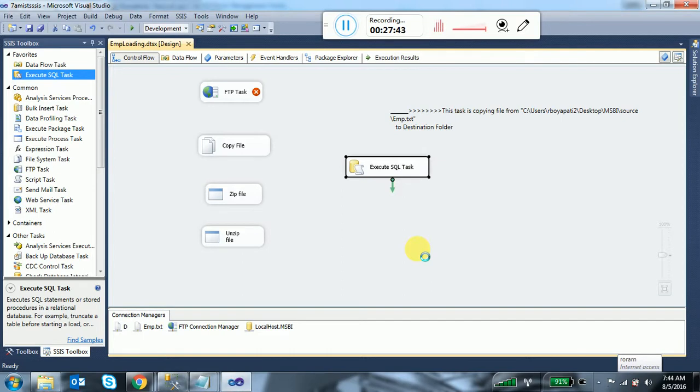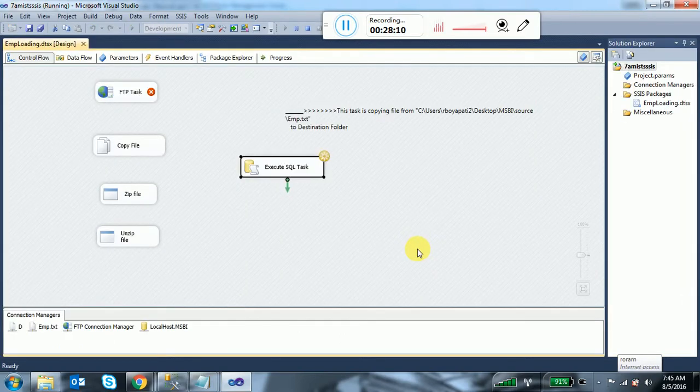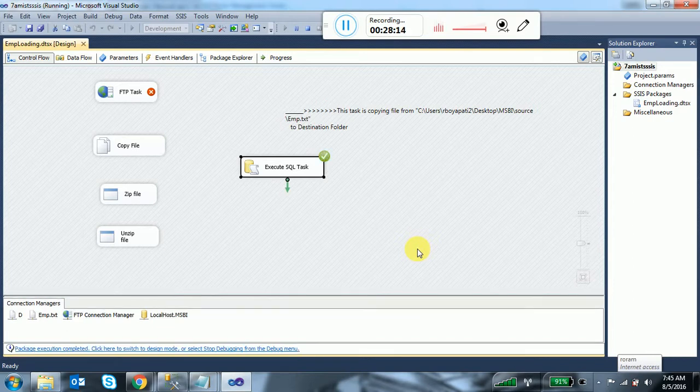If you want to change frequently and you are using the direct statement, every time you have to open the Execute SQL Task and modify the SQL command. If you are using the file connection or a variable, you don't need to go inside here. You can directly go to the file in your Windows folder and change it there. Even for variables, which we will discuss in the coming sessions, we will see how we can store values in the variable and how we can modify them.